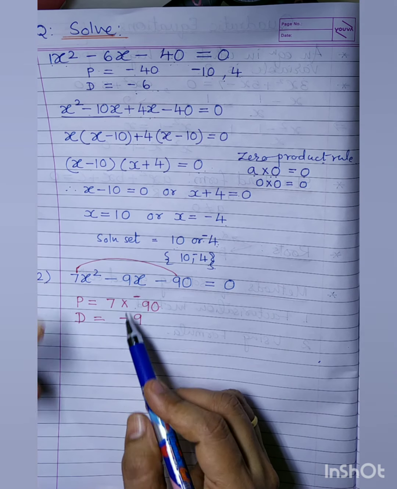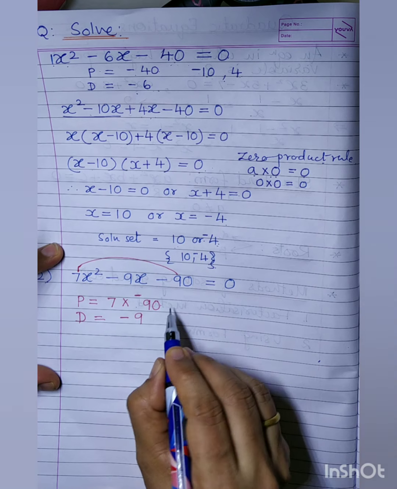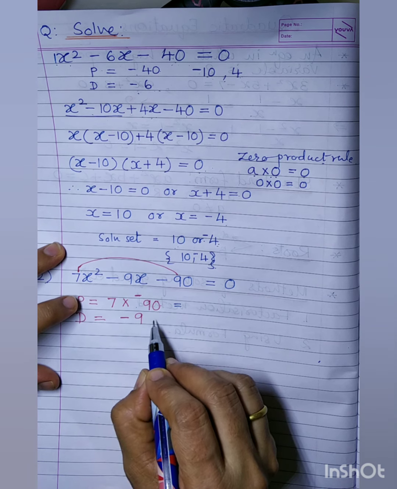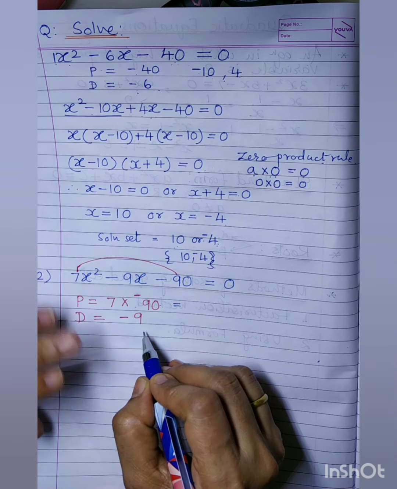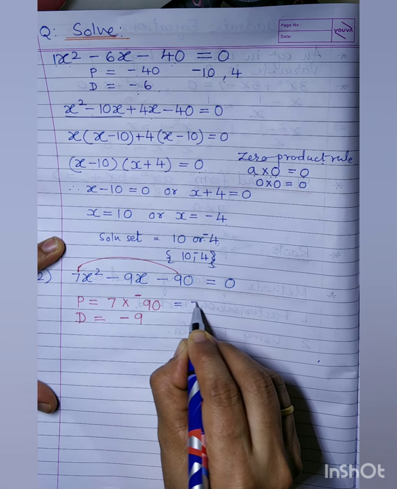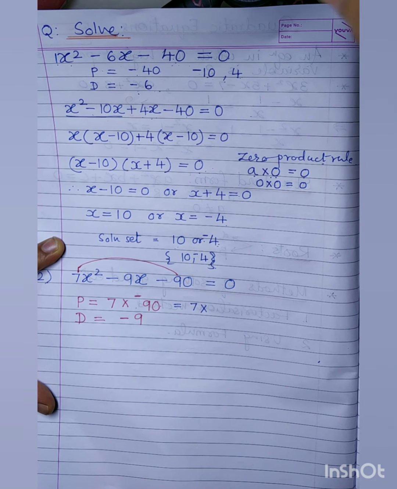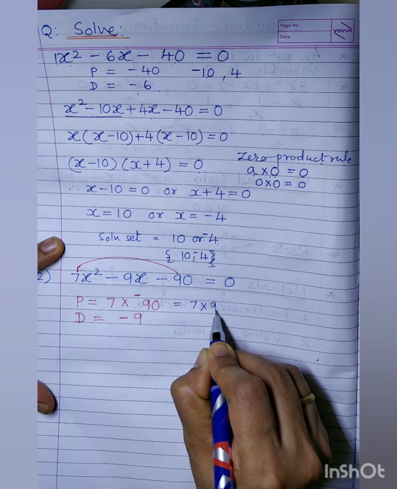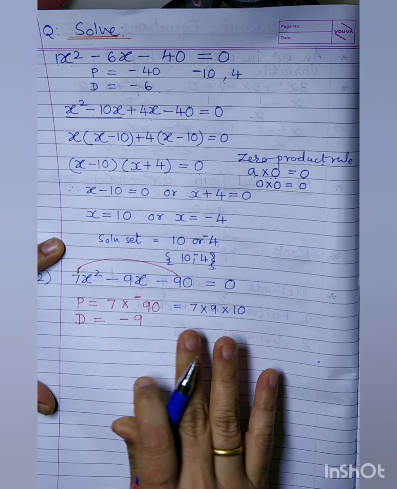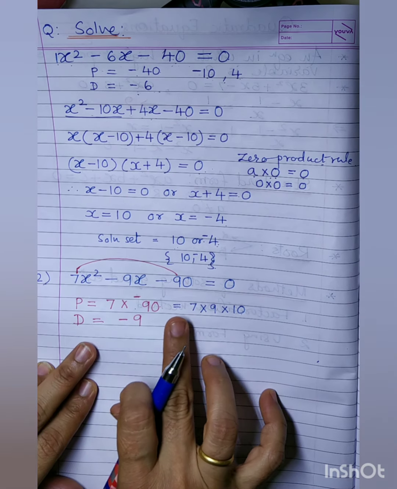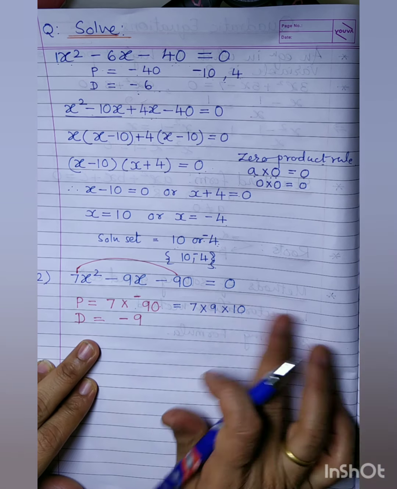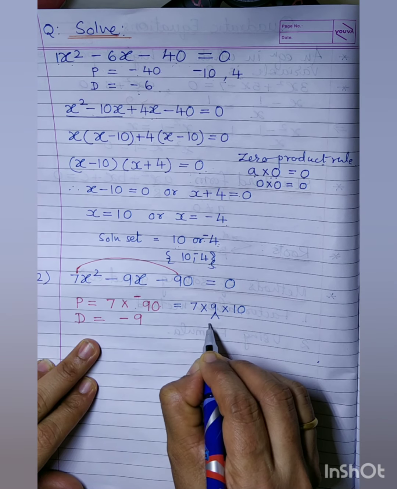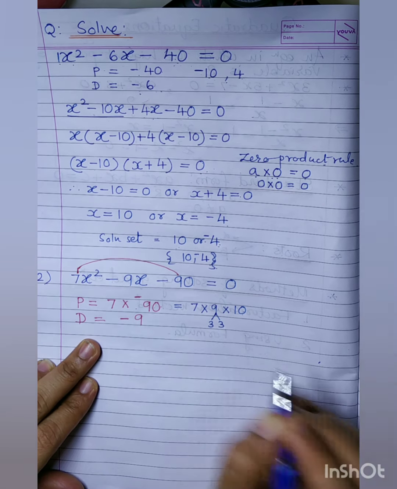But since we want to factorize it further, do not waste your time in multiplying, just go immediately for its factors part. And what kind of factors are we searching for? That the difference is going to be 9 here. So 7 is a prime number, it will be as it is, right? And 90 can be further factorized as 9 into 10. Now here what possible combinations are there? That 63 and 10, it does not help. 90 and 7 is not helping, that we have seen only. So go for the further factorization of 9. It could be 3 and 3.